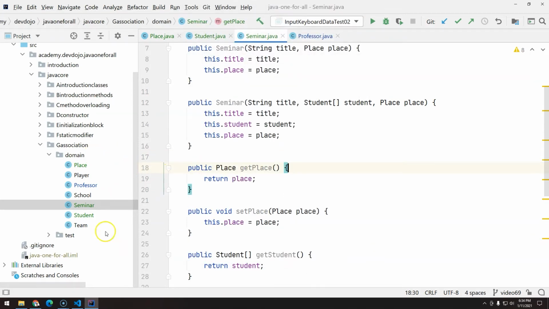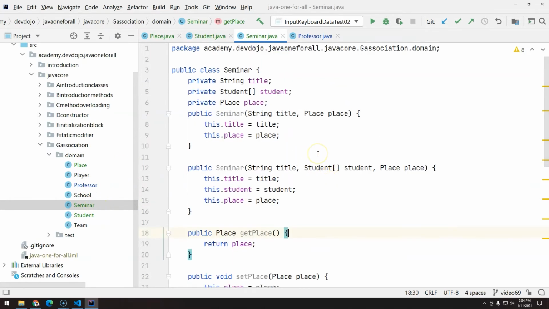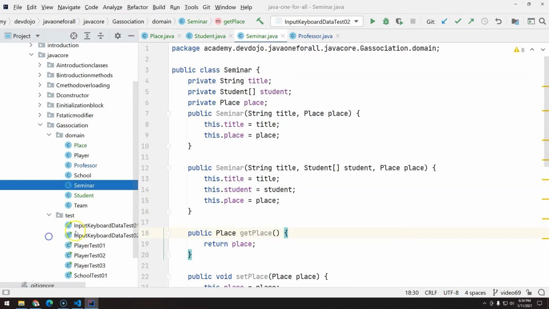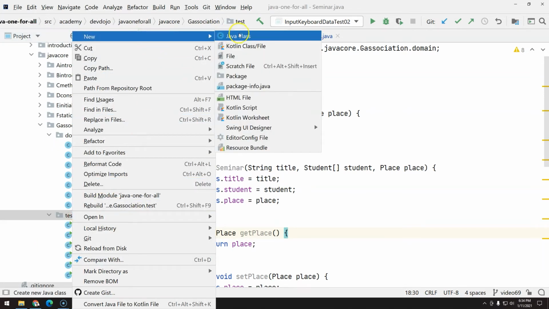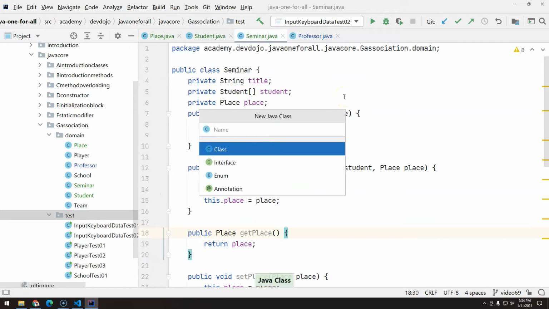With this, we have everything in place to get started. Looks like all the requirements are done. Now we need to test the application. So let's come here and then Java class, and we can create here